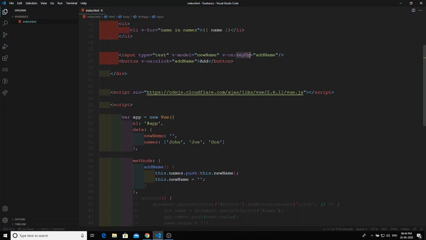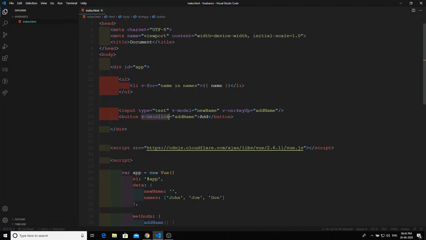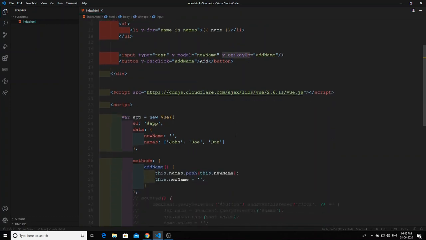See here, v-on keyup, v-on click. This syntax looks very long. If you have a big Vue template, you will have a lot of event listeners, and writing long event syntax like this is a tedious job. It also looks big.